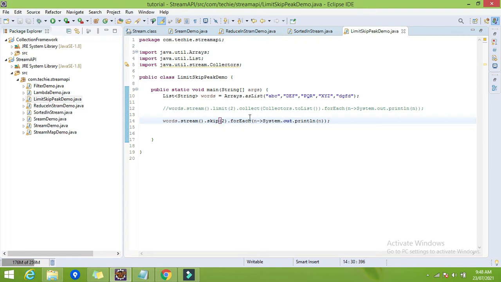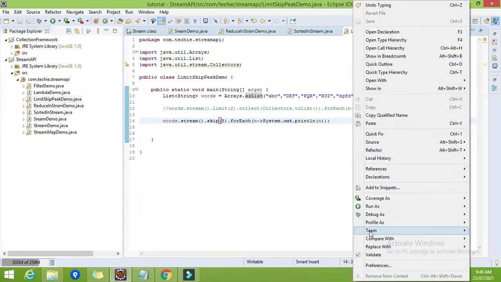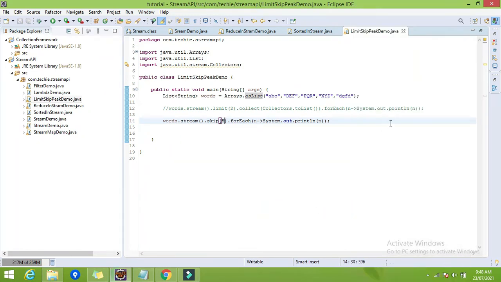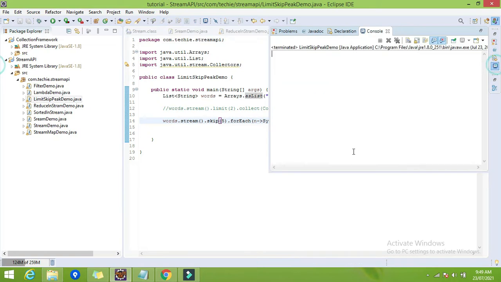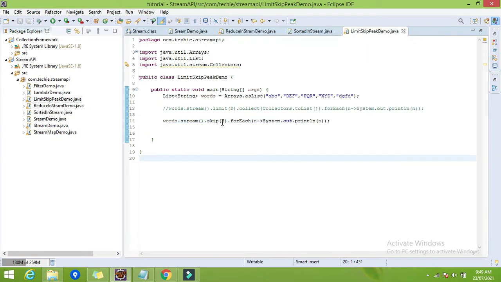What will happen if I give skip the number of elements in the list? Currently we have 5 elements. If I give 5, it will skip all the elements in the stream, which means we will get blank. Okay, so that is all about the skip.